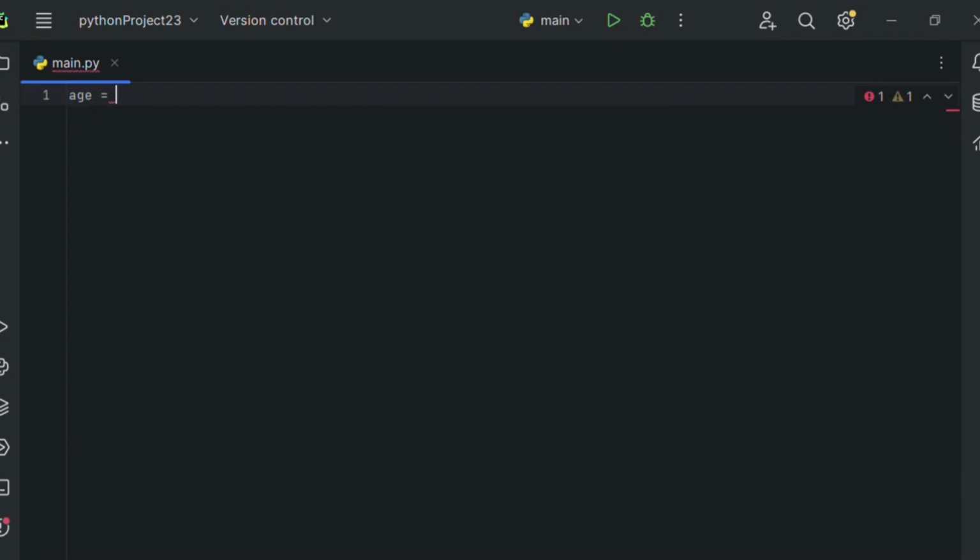say 20. So with this we're storing the number 20 somewhere in our computer memory, and we're attaching this age as a label for that memory location. So now we can read the value at the memory location and print it on the terminal. So if you want to print the value of the age variable,